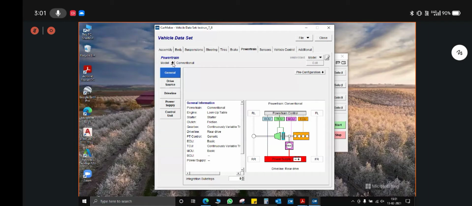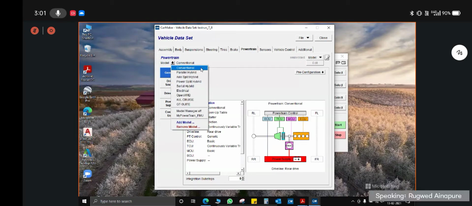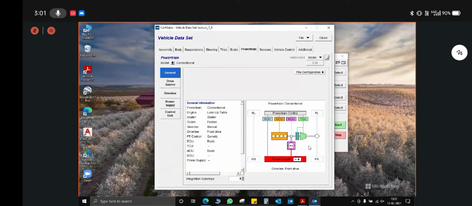So for the MBAHA powertrain, you have to select the conventional powertrain model. Here also you can select conventional, and you can see this is directly changed. This particular graphic that you are seeing here, you can use to directly jump to particular things.